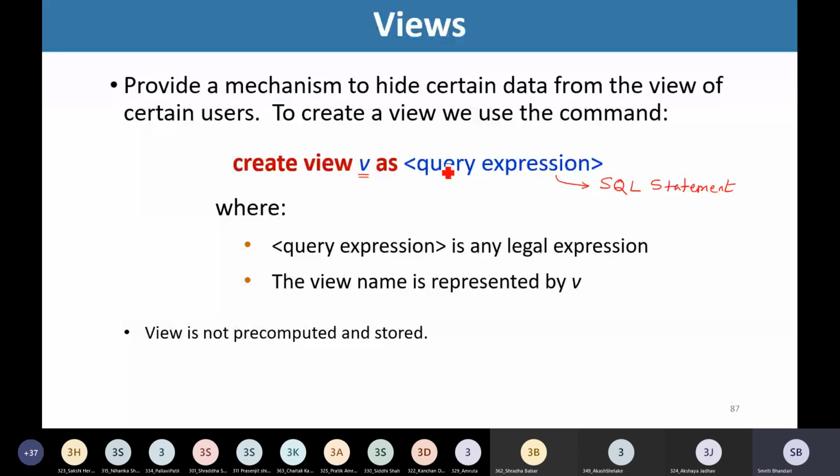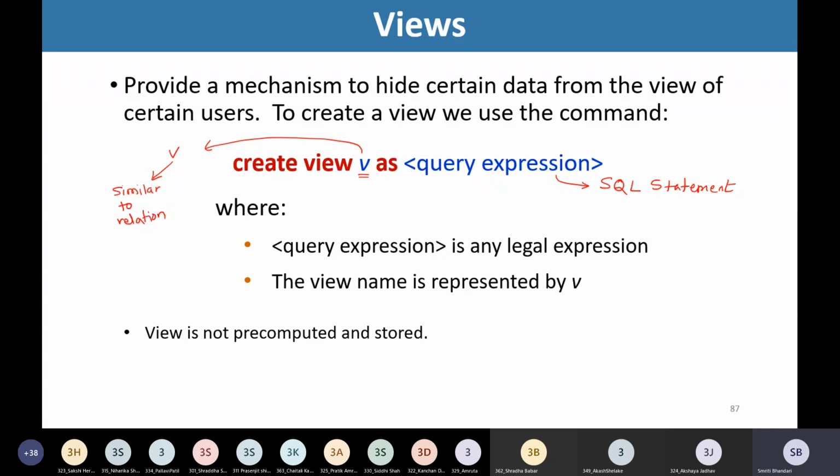So please note a few important points related to views. View is not pre-computed and stored. What do we mean by that? See, whenever we are creating a view, a new view is being created with this name V. It is similar to the relation in a database.